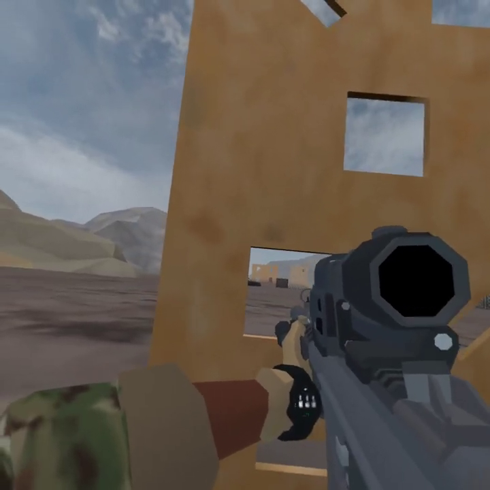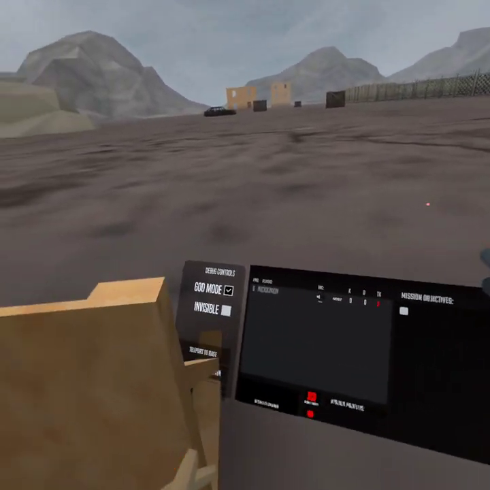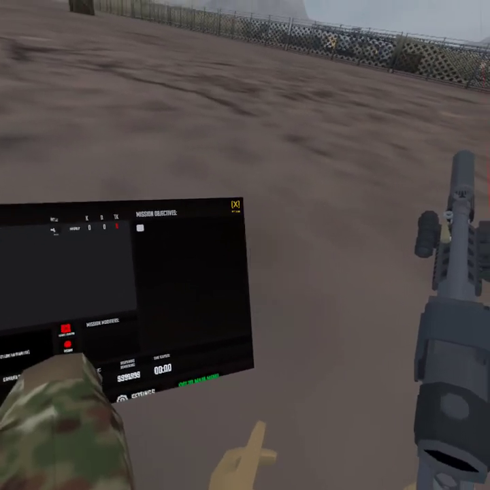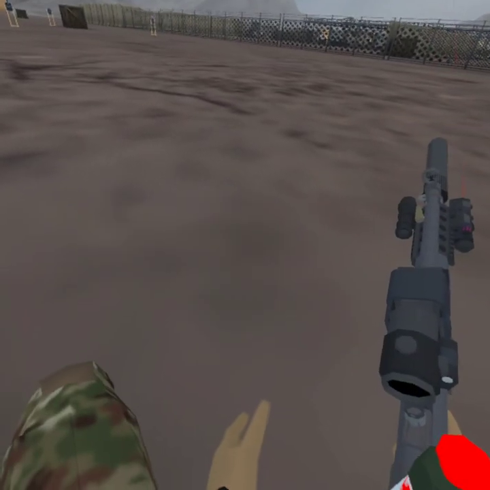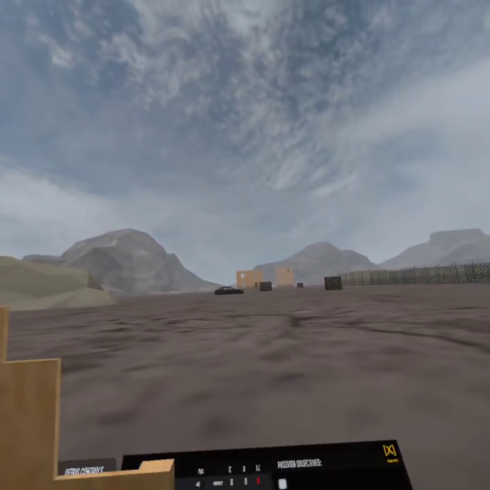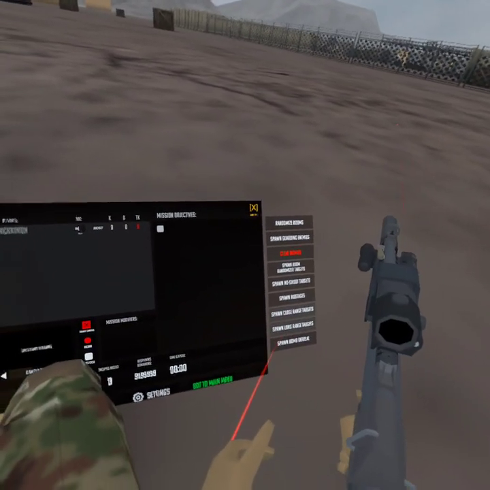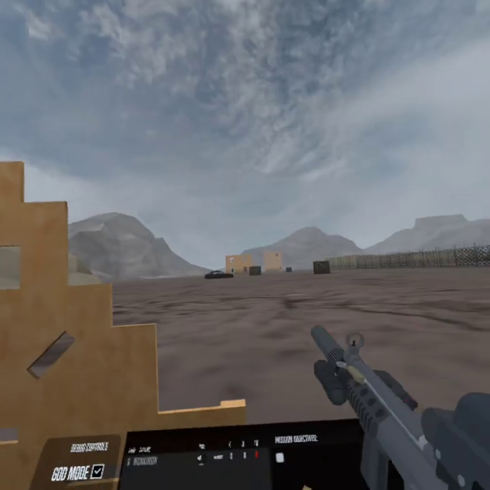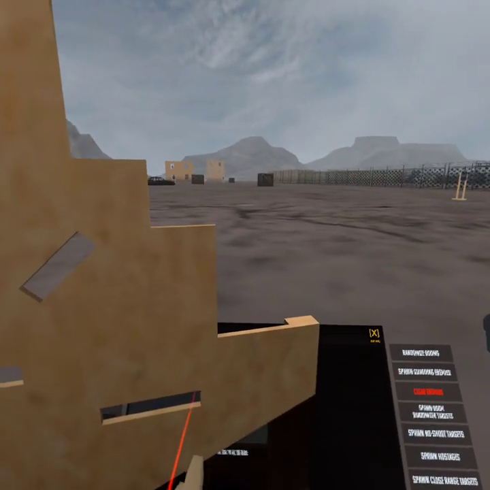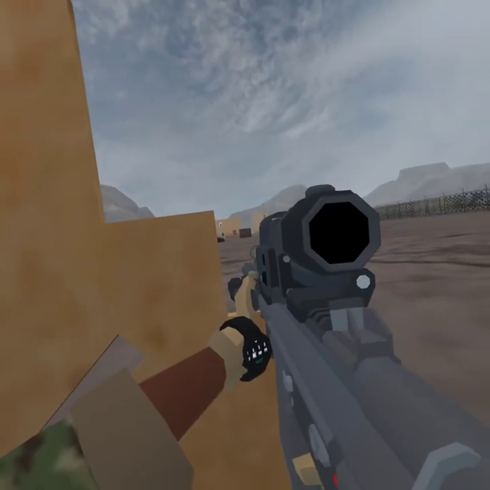And then over here, you click your left hand menu button, and then you go to spawn long range targets, and you spawn close range targets as well. Anyway, spawn long range targets, and that is how you get those up. And then you can actually rest here, and then you click your menu button on your left hand to get rid of it. And then you set your gun up, and once you get your aim ready, you just